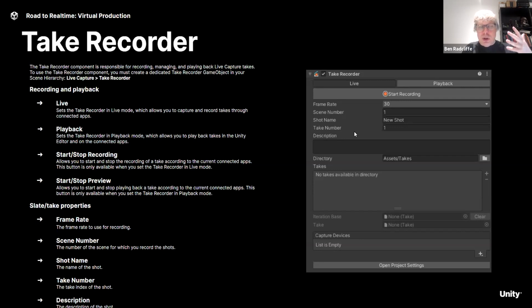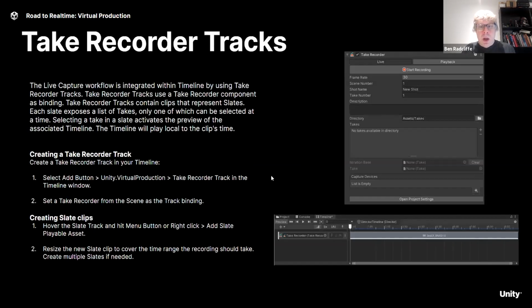I'll show you the dirty way to do it, and then we'll get into a more precise way of how to record your takes and whatnot. And the other thing is this is timeline integration. So, we can use this as an individual take recorder, or we can implement this into timeline. So you can take your existing scenes that you built in timeline, and you can record a digital